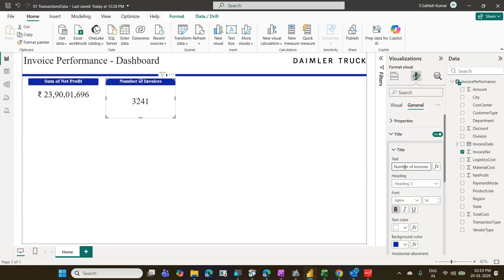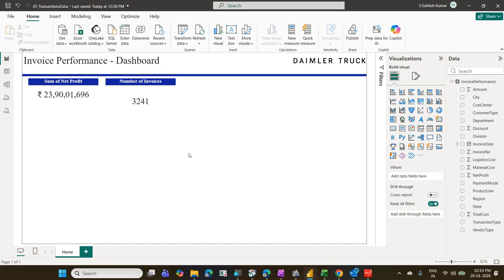When you present it, I personally recommend putting some shadows, because when you present it on the screen and I click somewhere else outside, there are two visuals, but I'm not able to identify them. So what I will do is select the first visual, go to Format,